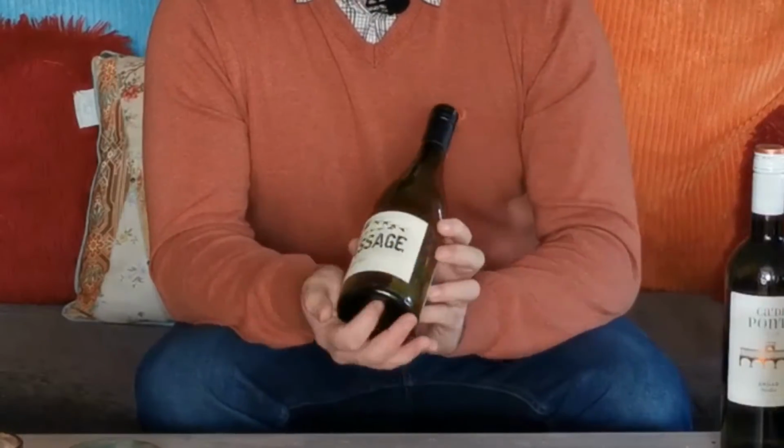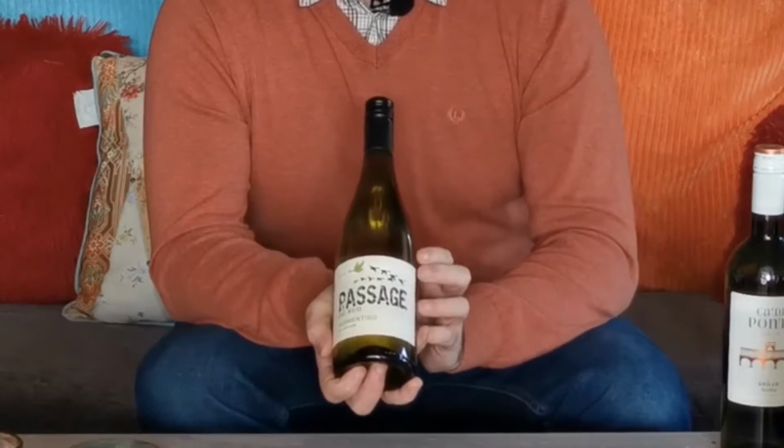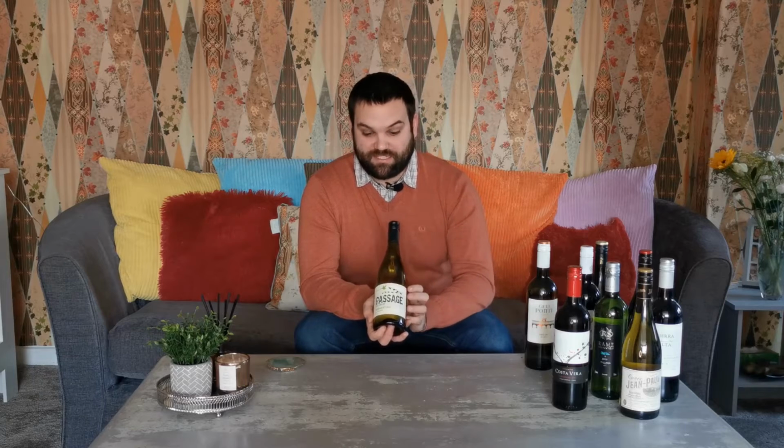So next in the white wine case, we have the Passage du Sud. This is a Vermentino wine from the Pays d'Oc region in southern France. The Vermentino grape, traditionally from Italy, but loves it down there in southern France on the Med, and France are knocking loads of this out. Very much in the same ballpark as Pinot Grigio, super refreshing, racy acidity, but this particular wine has actually spent